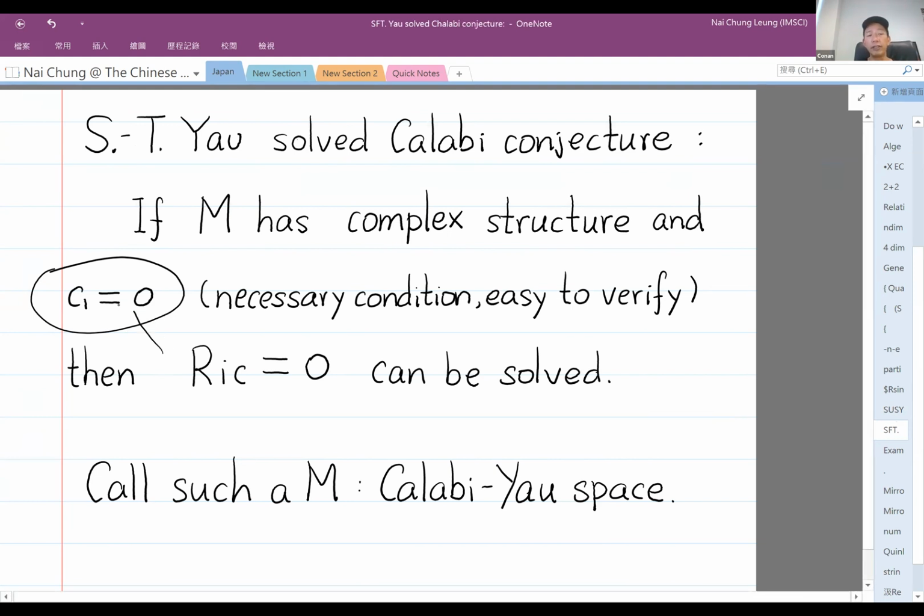And the thing is, this is also very easy to verify. You can easily construct many spaces with first Chern class equal to 0. So this is not a strange assumption. It's a very natural assumption here, and you know exactly when you can solve it: when the space has a complex structure. So you might ask, where can you find spaces with complex structures? It turned out that you can just solve complex polynomials, as I mentioned earlier.